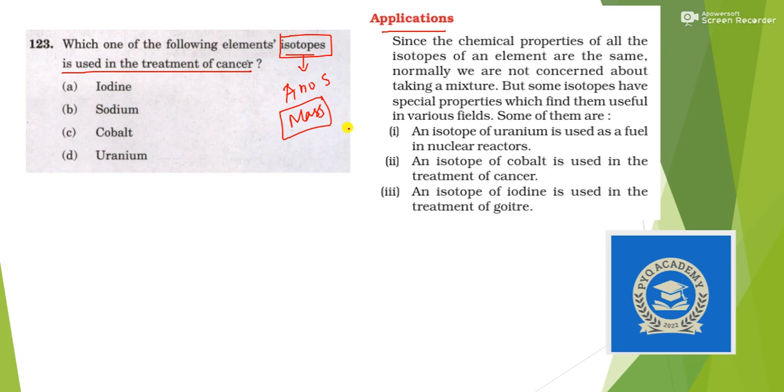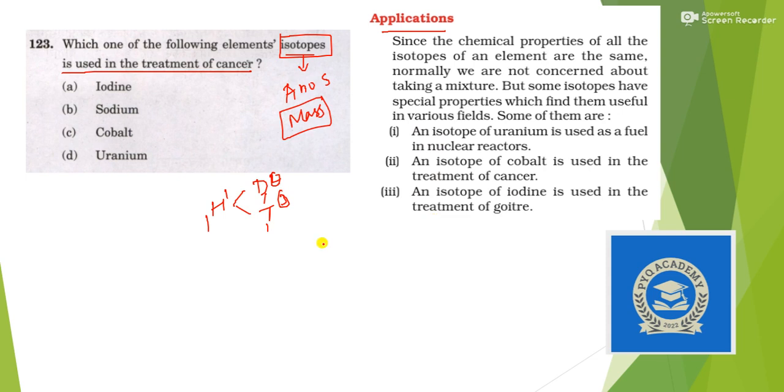So for example, hydrogen has the isotopes deuterium and tritium. Deuterium, tritium, in which the atomic number is 1, and the mass number is 1, 2, and 3. You can see the mass number is different. So let's